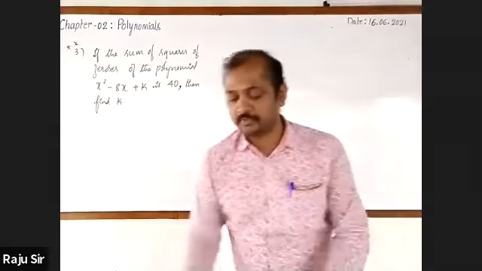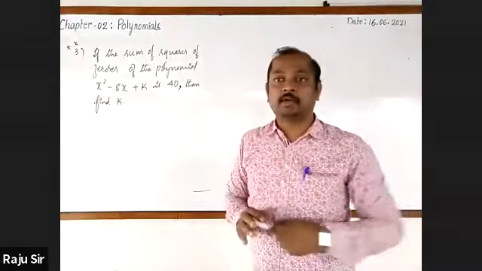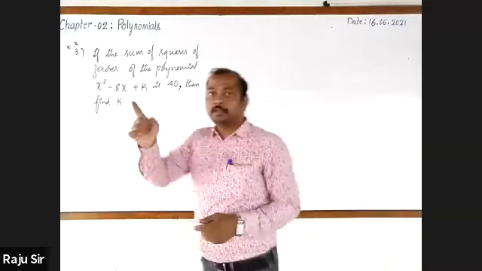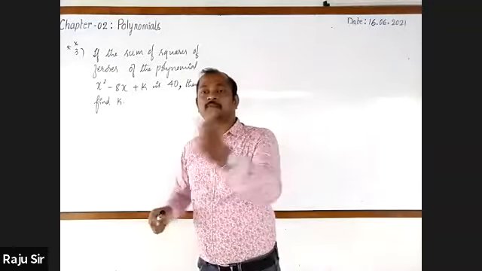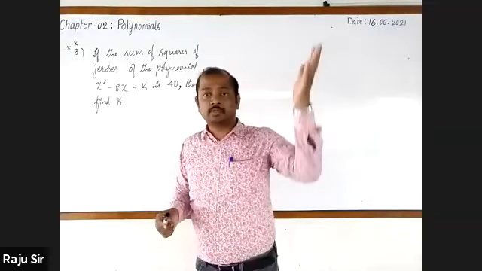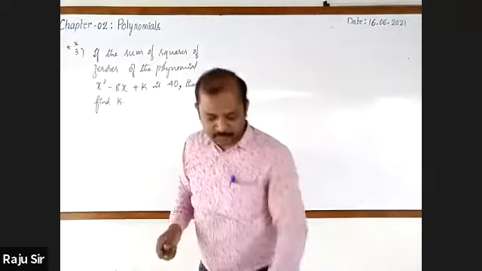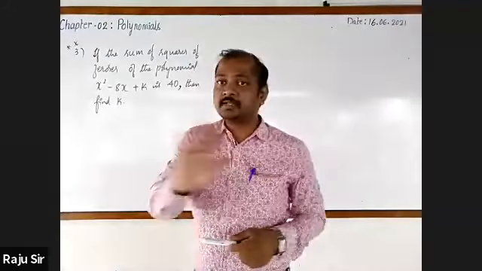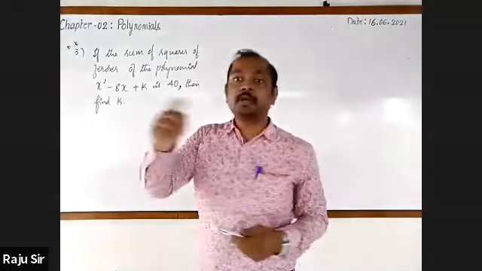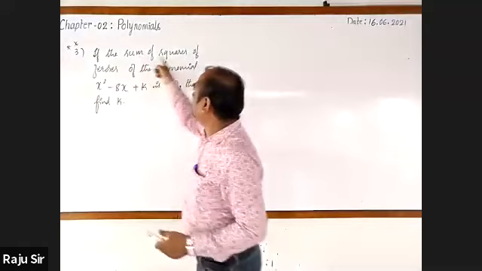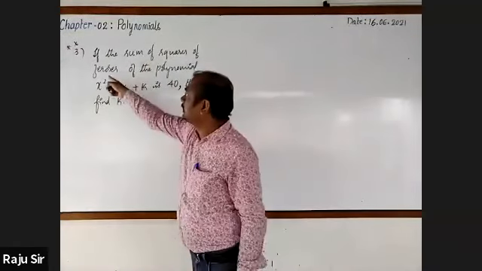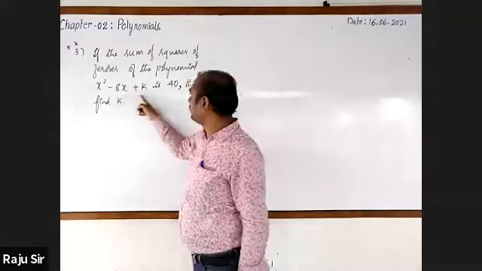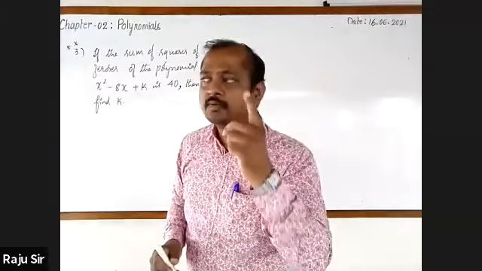Actually, the symbolic statement has not been given. In the previous problem, we got alpha square plus beta square plus alpha beta equal to 21 by 4. And in another previous one, it was alpha square plus beta square equal to 24. But in that the symbolic statement was not given. It should be converted. If the sum of squares of zeros of the polynomial is 40, then alpha square plus beta square is equal to 40.